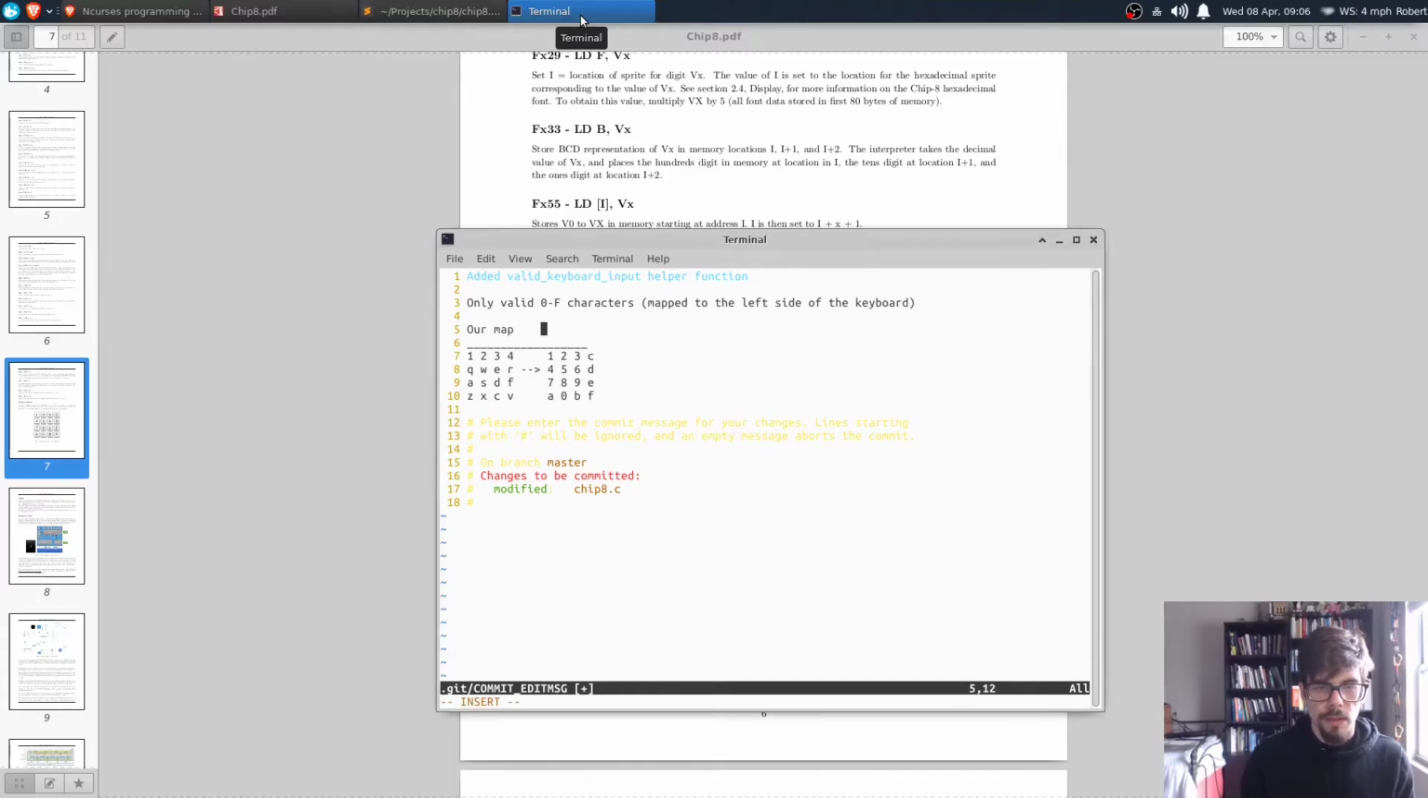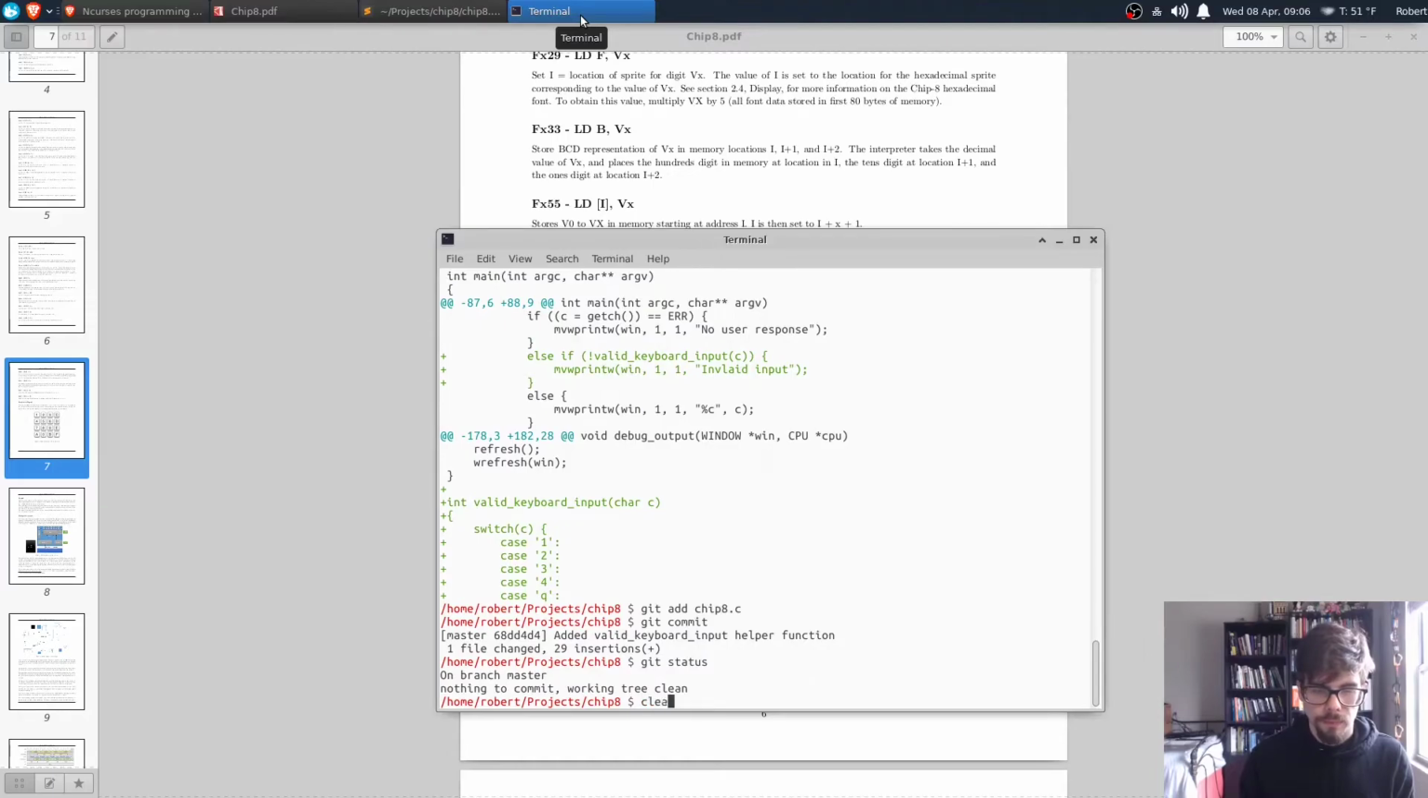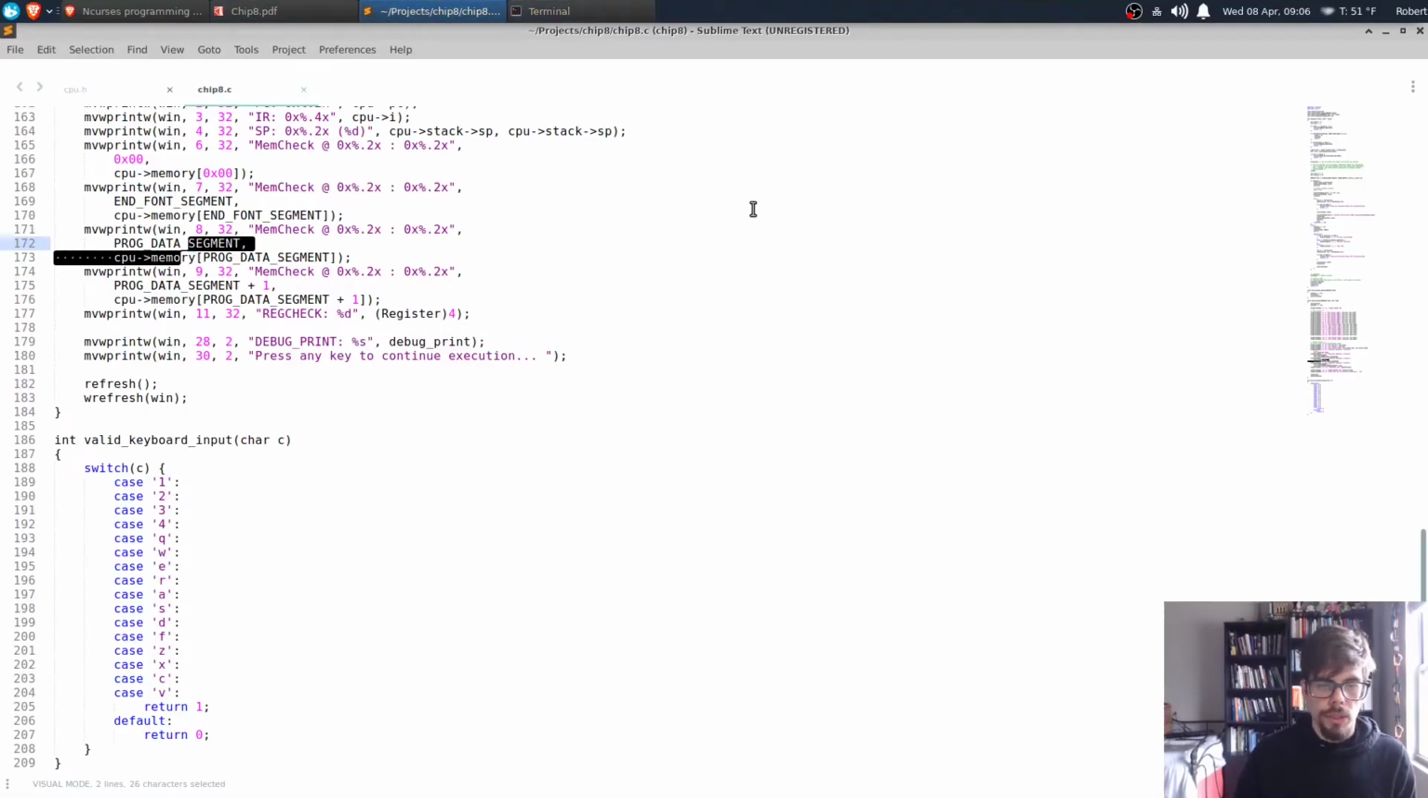That's our mapping, and then the CHIP8 spec will be read and passed to the CPU. Cool. So now that we have that, I want to